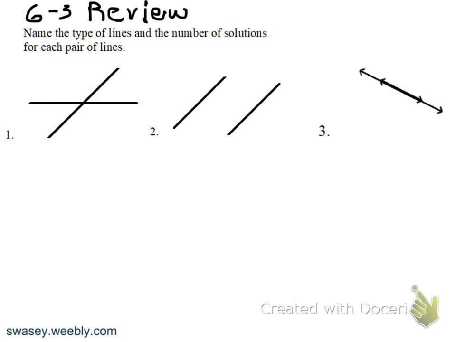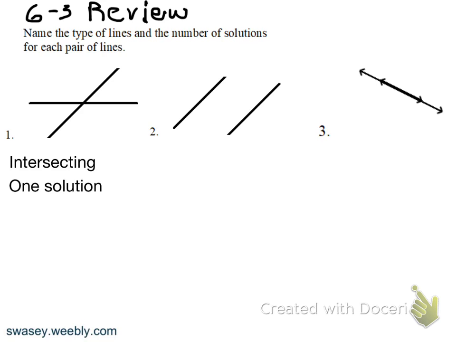All right, this is the review for 6-3 of solving systems by elimination. Here we're naming the type of lines and also the number of solutions. First pair of lines intersect in one point, so they're called intersecting lines and have one solution, 1 point in